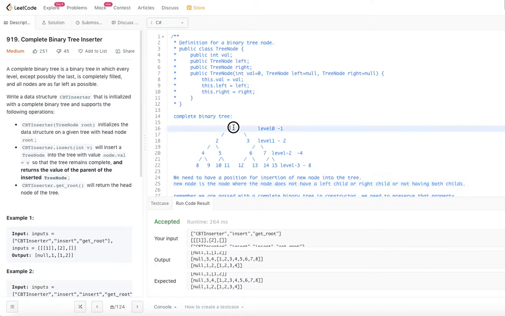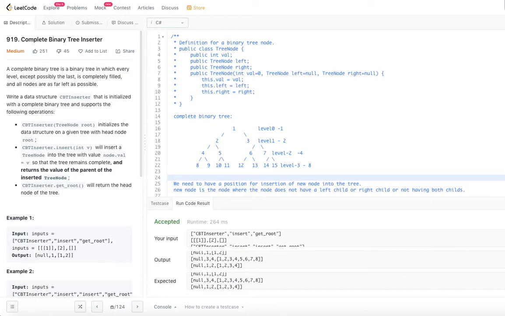Let's say this is the binary tree that we are given in the constructor. That means it has 15 nodes. So what is the first possible place that we can insert the next value? At 8, and even to 8, the first thing we insert is the left child. So that is the first place, right? If I have to insert, let's say, 16, then 16 goes here to preserve the completeness of the binary tree.